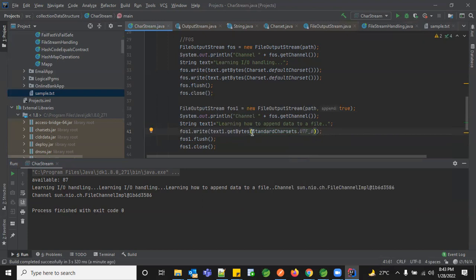So why do we prefer this particular charset? Right now we are dealing with everything in our own console. But when you transmit from one system to another on your network, if your data is a little manipulated, then there is no use of maintaining this file. That is the reason we always consider the encoding whenever we read or write a file. So the three aspects to consider whenever you read or write are: encoding is a must, and also whether it has to be a new copy, where you create a new file in your server every time, or an existing file that you just overwrite based on your time frame.